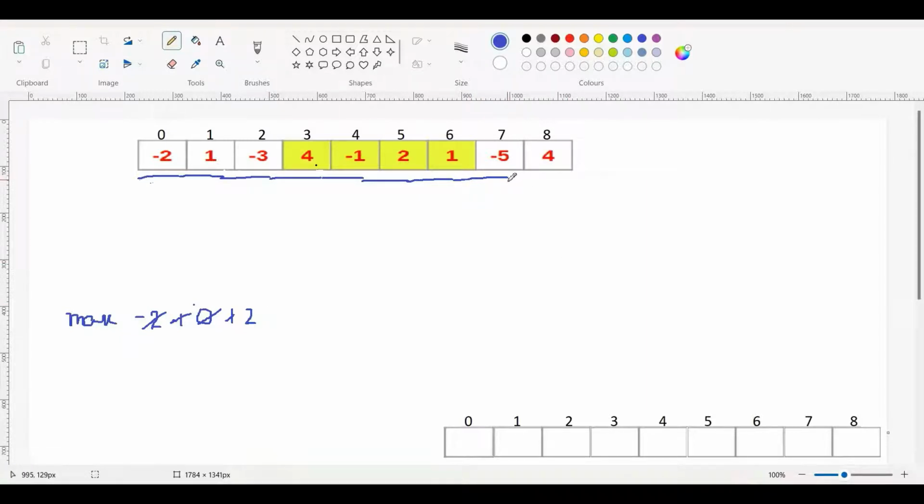And when we move forward, it would give us a value of 1, so we don't update. Up till now, our 2 is the maximum subarray value, that is the sum from the 0th index to the 6th index. So we keep on adding and keep on calculating the maximum value for all the